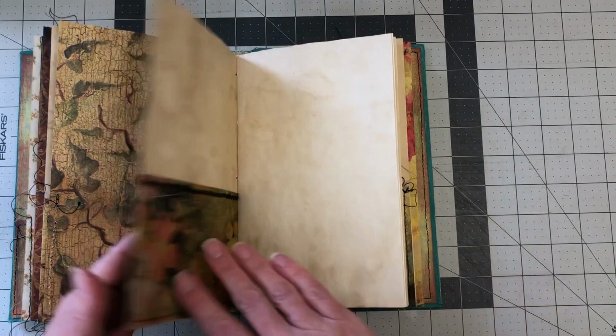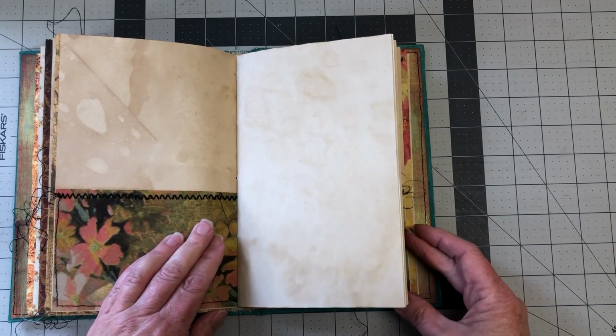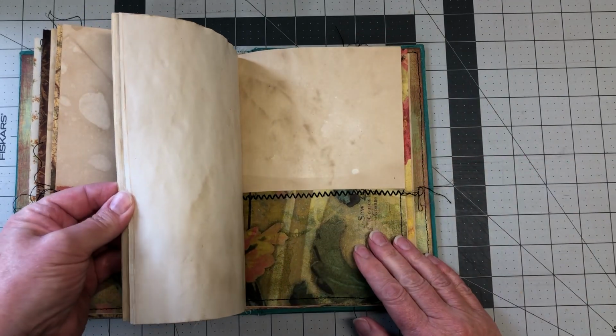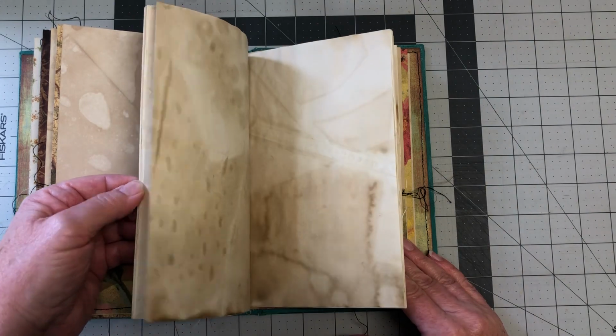Another one, big fat zigzag stitch across there on that one. Mum gave me her old sewing machine, so that's now become my studio machine, which is good. I can keep it out here. I don't have to keep going inside to sew and then come back out, and everything takes 10 times longer. Again, plain paper,